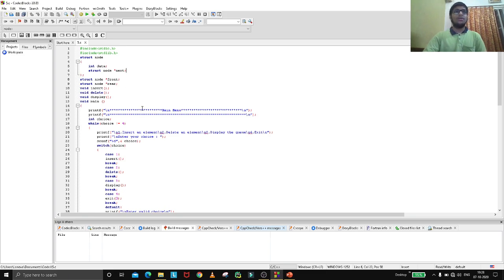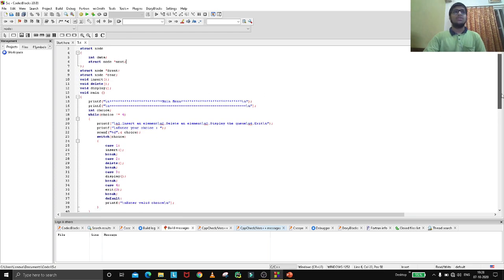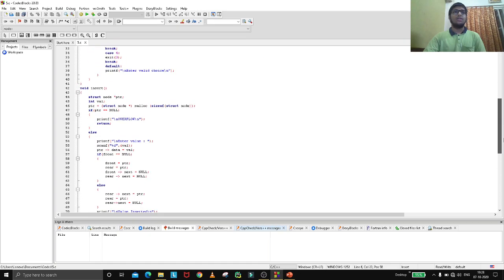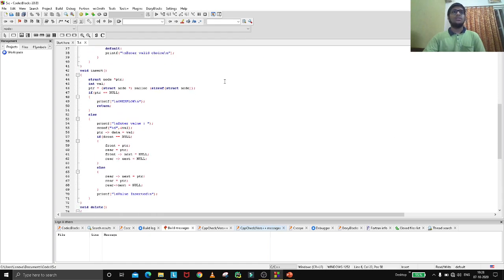Now we need to create three functions. One is insert, second is delete, and third is display. So let's move on to the insert function. For insert, we need to create a ptr pointer, a node, and we need to have a value from the user.